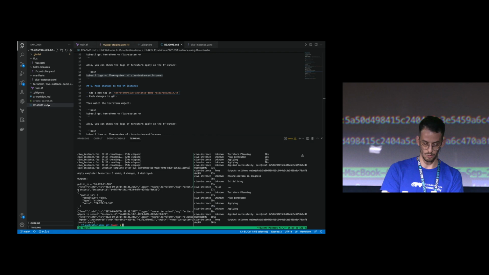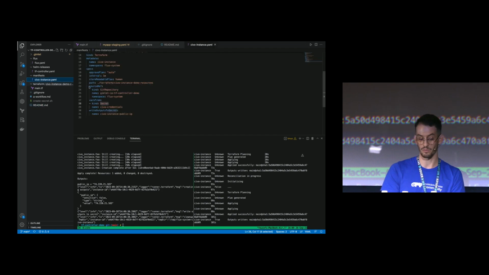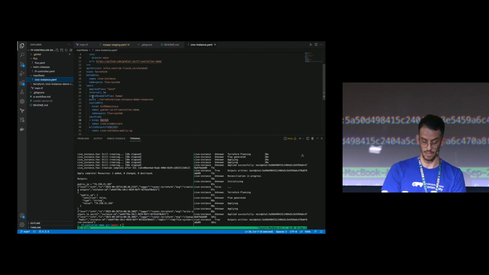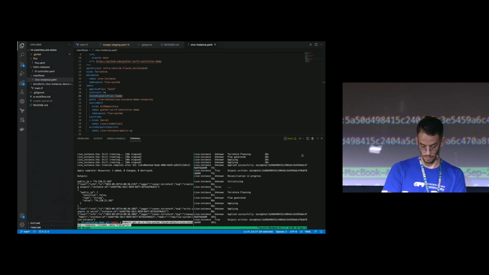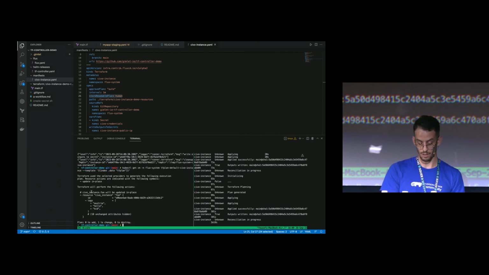If you would like to store a plan in a readable format, it's stored in a config map, and you can specify that within the same Terraform kind. As you see here, we are using a format readable to humans, so it will store the plan for you in a config map, and we have our previous plan in a readable format. Also, we can store it in a JSON file if you would like to.